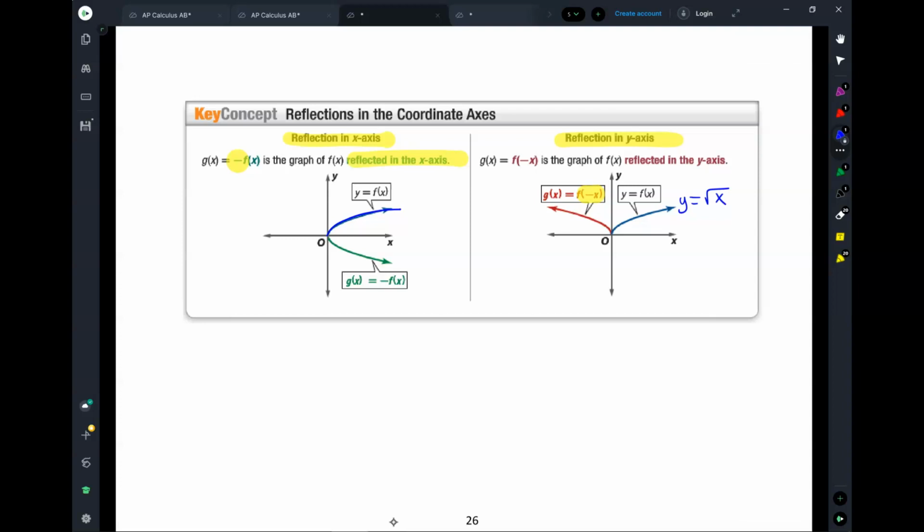What are all the possible x values that can go into this blue y equals root x? Can 0 go in there? Yeah. How about all the positive numbers? Yeah. How about all the negative numbers? No. However, if I switch it and say g of x is equal to